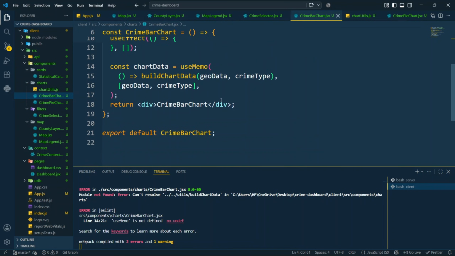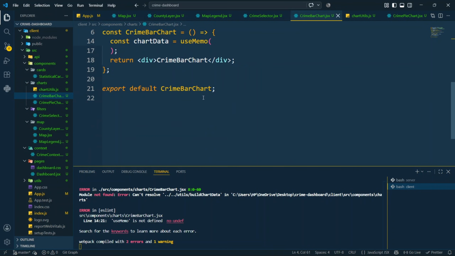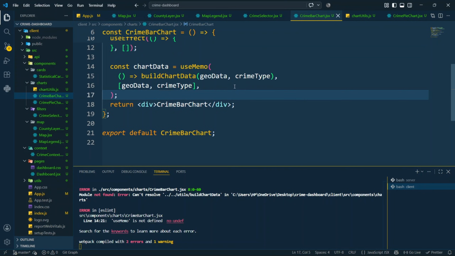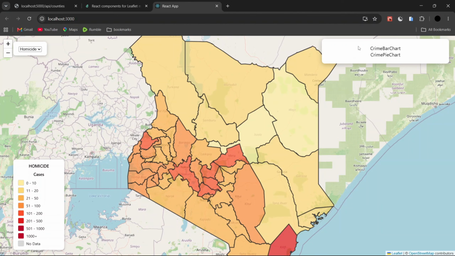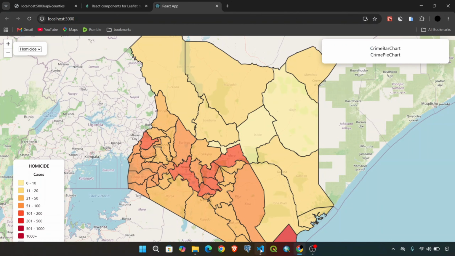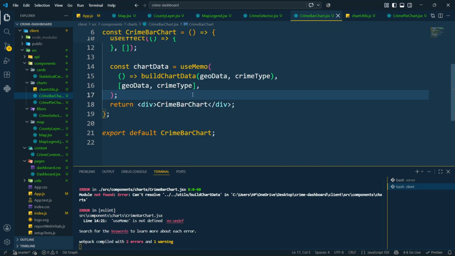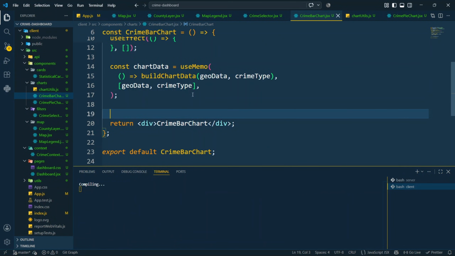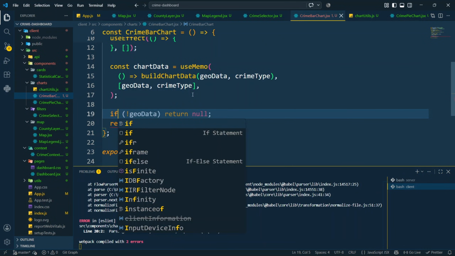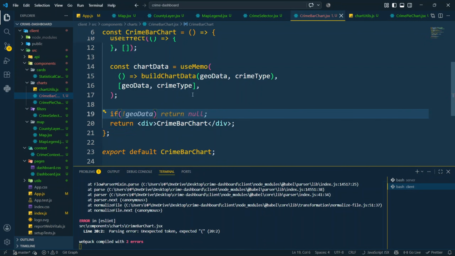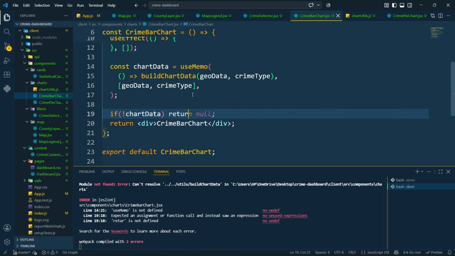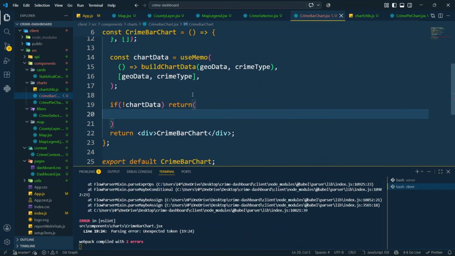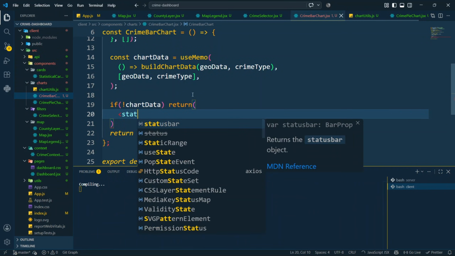Now, after this, the next thing is supposed now to get this data to the card. Remember, this is a card. I told you, oops, just remove this. So we have this card here, which we had defined previously. So now down here after the chart data, we need to check and say if there is no chart data, we are just going to return the statistical card. So here I'm just going to say if there is no chart data, we are going to return, and this return is going now to get our component, which was statistical card,